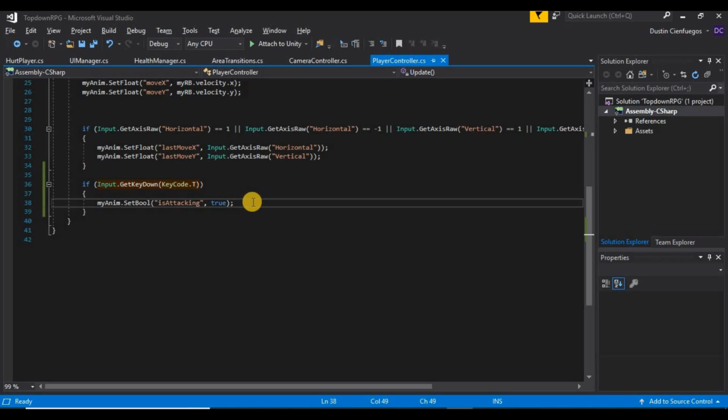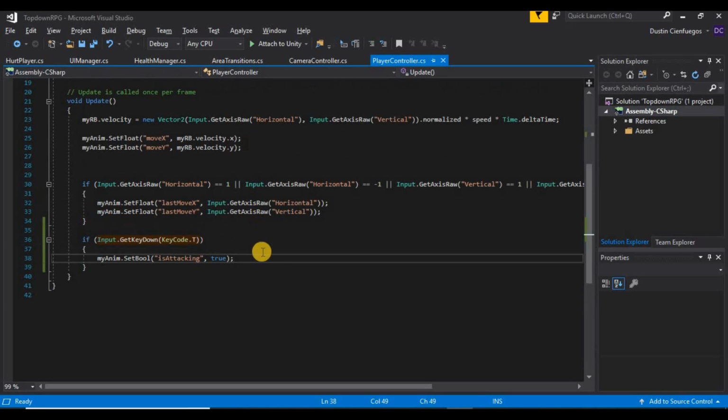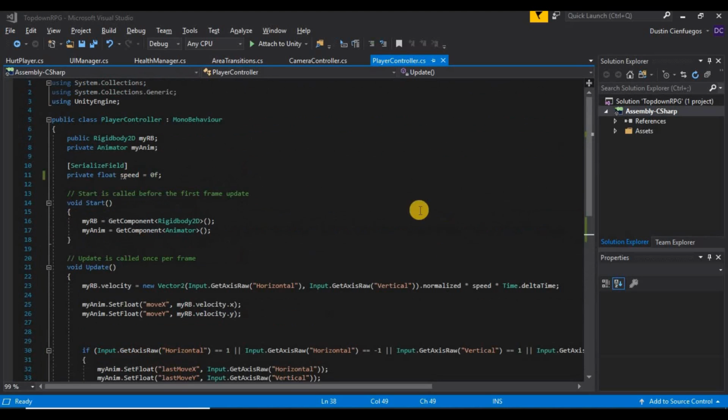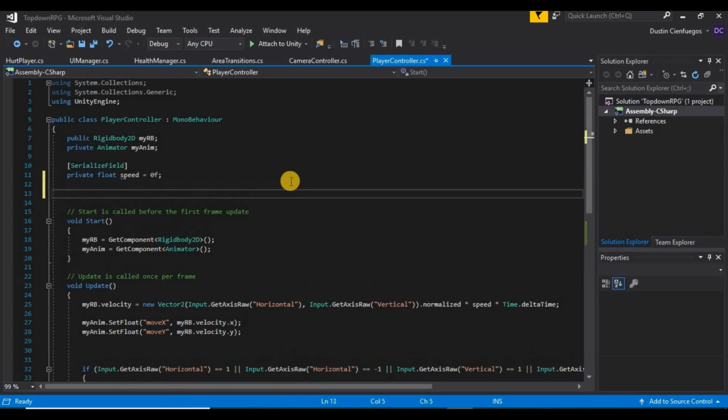So what we want to do is create a couple of variables up at the top. We're going to go just below our speed variable down here, and we are going to create a private float attack time,